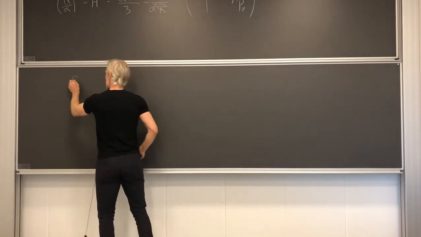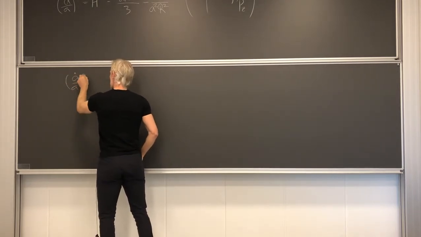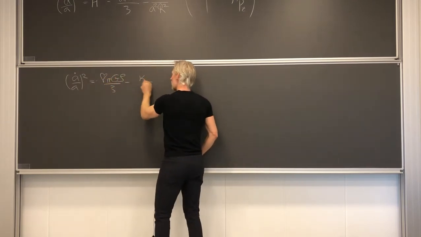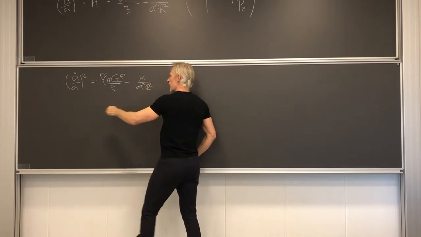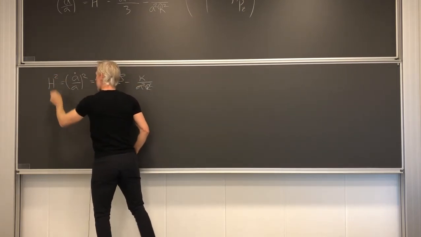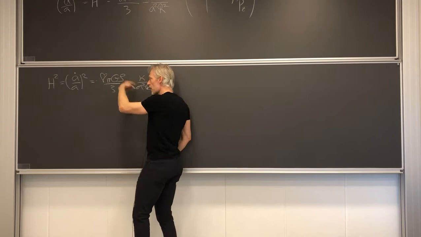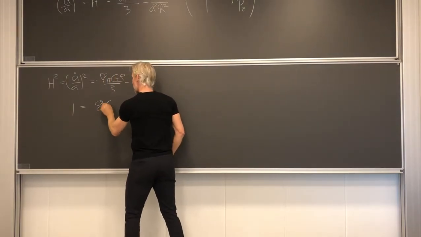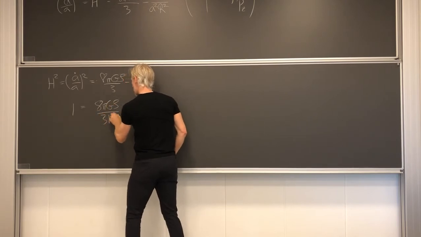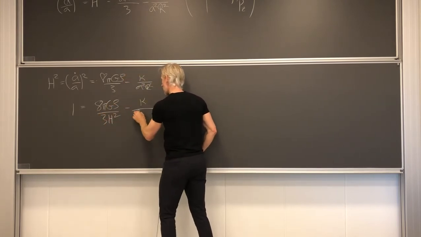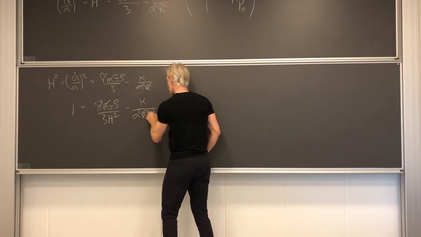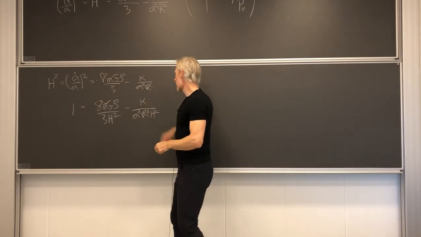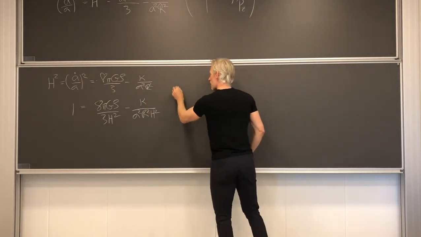So let's start again from the Friedmann equation, and let's call this again H squared. So let's divide through by H squared. So that means I get a 1 like this. Then I could isolate this term, the curvature term. So then I'd get